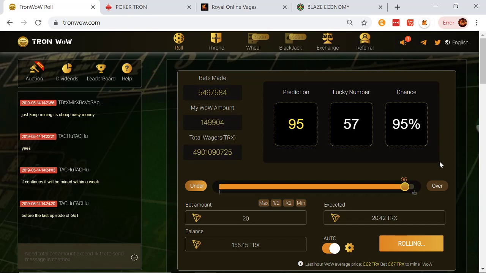There's no reason for people to rush into it and to play it at all. The only reason it's so easy to deposit and withdraw is because it's in Tron and it's not regulated in any way, shape, or form by any financial industry. Like a lot of Americans on certain websites, you just can't use your credit card or debit card, for example. But the thing about TronBet Live is it's just a casino and it's centralized. It is 100% centralized. It's not a decentralized blockchain game. Now, I'll get back to that in a minute. There is still some positive there, and I'll get back to that in a minute.